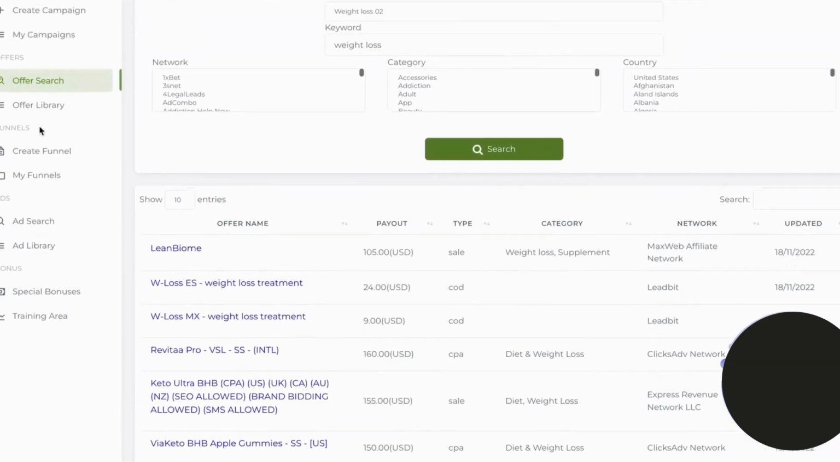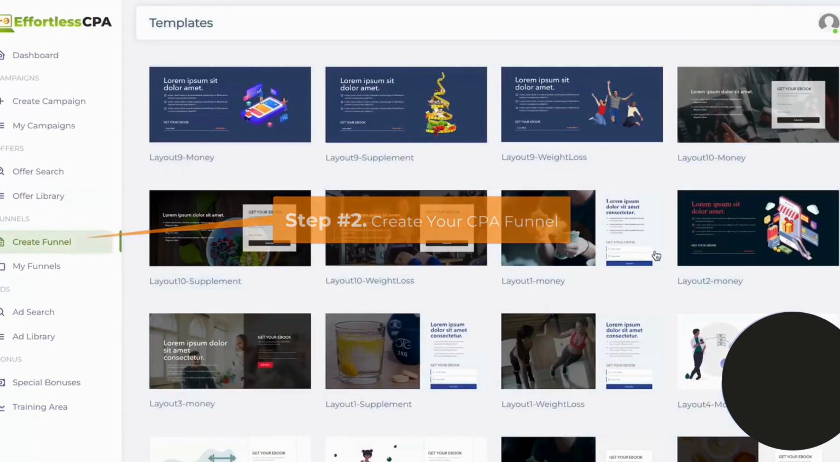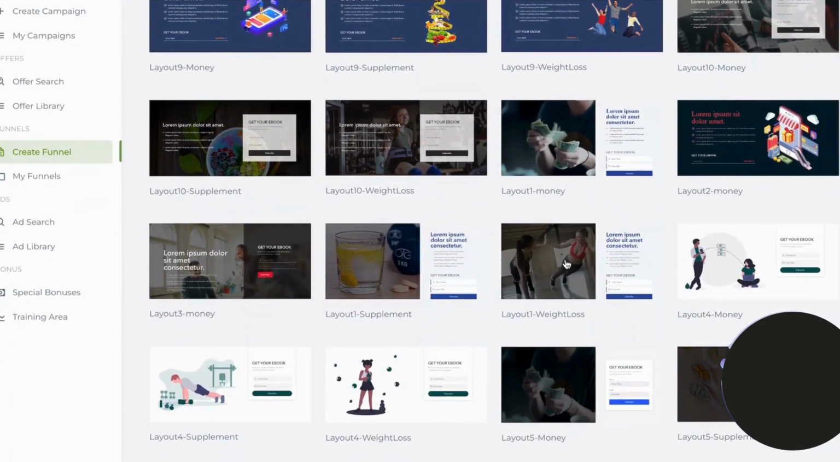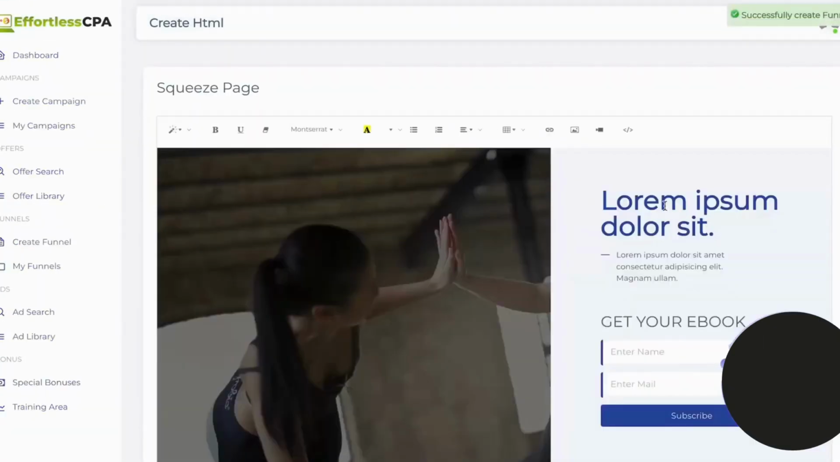Once you do that, then comes step 2, where we are going to create a funnel for this particular campaign, weight loss 2. You can select from all these done for you templates, or you can create your own. So let's say we are selecting the creating the landing page from here, and let's say